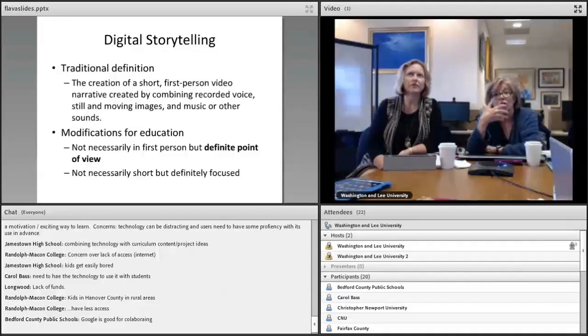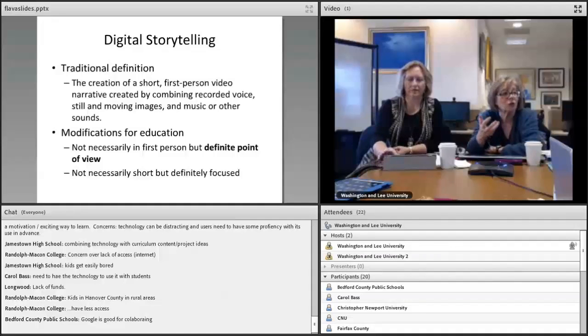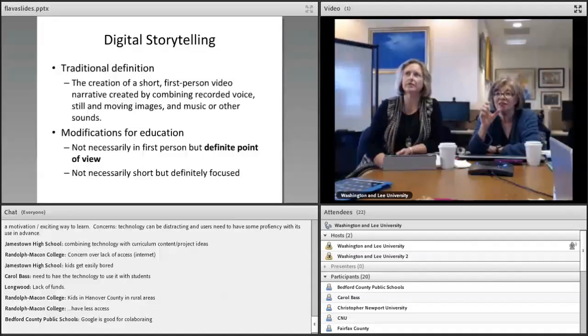So even if you are talking about a historical or cultural event, you're going to present it in a way that has a viewpoint. It doesn't necessarily have to be argumentative, but it should have a point of view. And this goes back to finding a voice when you're writing a paper. You have to have a point of view, or nothing you produce is going to be worth reading. So this is the idea. It doesn't have to be in the first person, although that's really useful for beginning language learners.